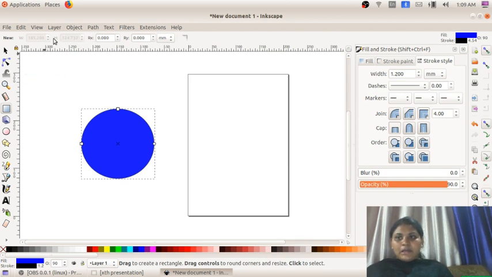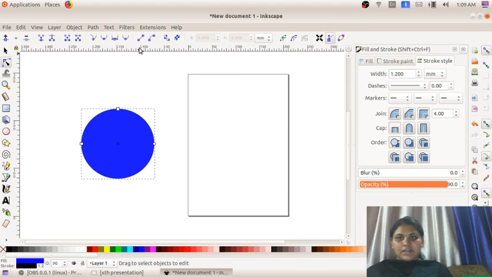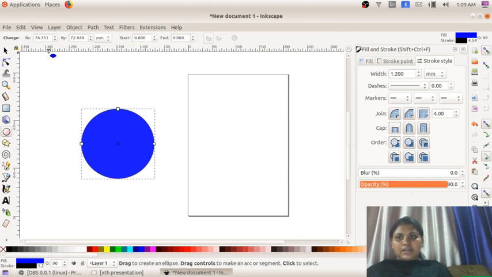So this is the tool control bar. It is used when we click a picture. According to that, we will get the properties of that picture. If we take a selection tool, we can get the properties of the selection tool. If we take circle, we can get the properties. So by changing these properties, we can make changes in the drawing also.